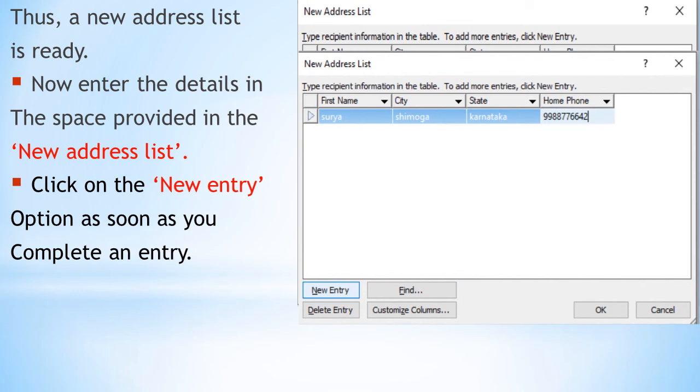Once you finish one entry, you click on the new entry option. Then however many addresses you want to enter, you can enter. Everything is over, finally you need to click on the OK option. If you are going to send the letter or invitation to 5 friends, you need to enter 5 addresses, right? Using which option? New entry option. Finally you need to click on the OK option.